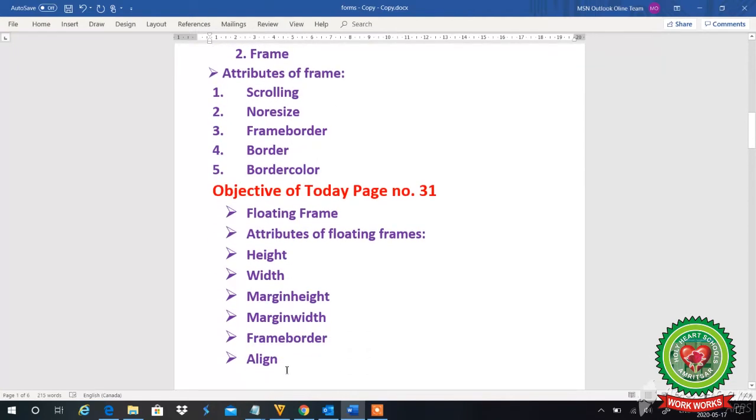And today we will discuss page number 31 and our topic will be floating frame and attributes of floating frame like height, width, margin height, margin width, frame border and align.